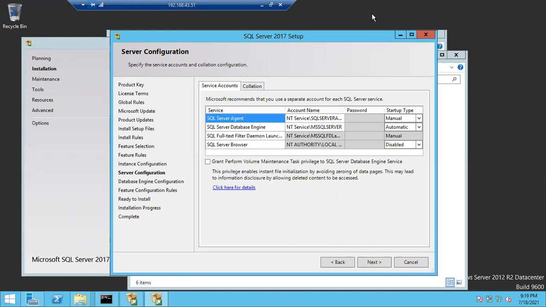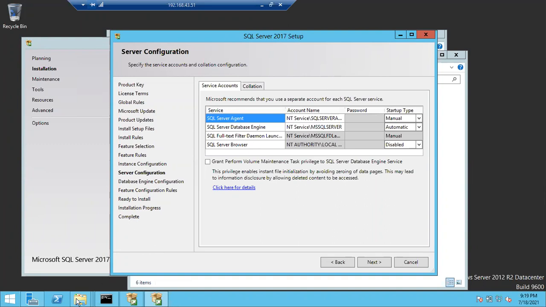So we have two types of service accounts. One is the default service account, the second is the customized service account. There is an issue with the default service accounts. Why?